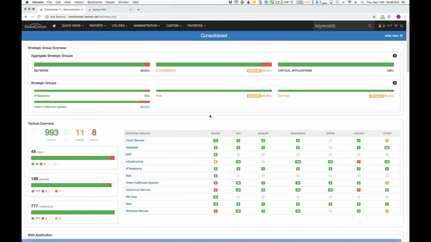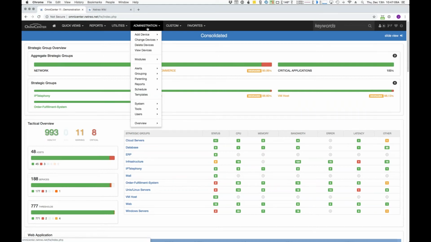So the first thing that I want to talk about is event detection. So we talked about how getting an alert can drive an active response into those actions. And I'm going to walk you through the process of creating those active response alerts and kind of show you how they work so that you can see exactly how that's going to have the biggest impact on your production environment. So the first thing I need to do is go to administration, and then I'm going to go down